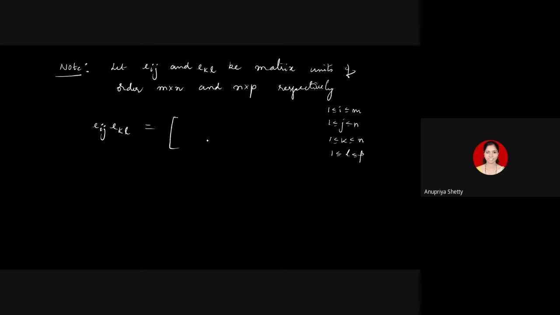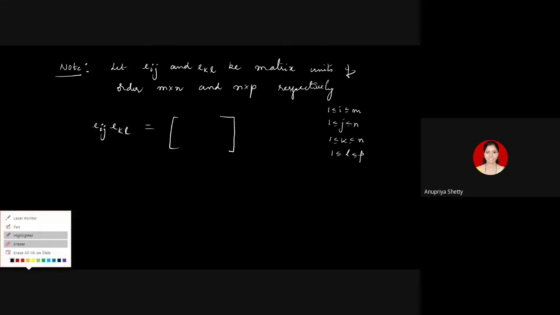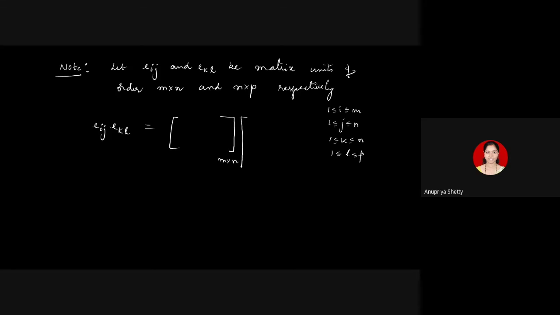If you want to draw the picture, this is how it looks. It could be of any order, so I've drawn it that way. M by N, N rows. There is some mistake, the picture doesn't look right, because if this is the size of the column, my matrix should have at least so many rows. Number of columns is the same as number of rows. Keep that in mind. So here it is N. P could be anything.